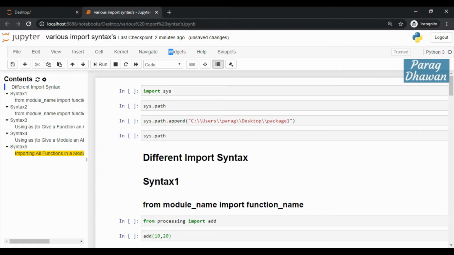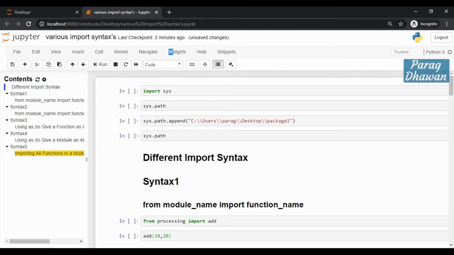What that means is that when the ipynb file imports any package, it will look for the package in the current directory first, and if your file and the package's modules are in the same directory, it will not give you an error and the module will be imported successfully.